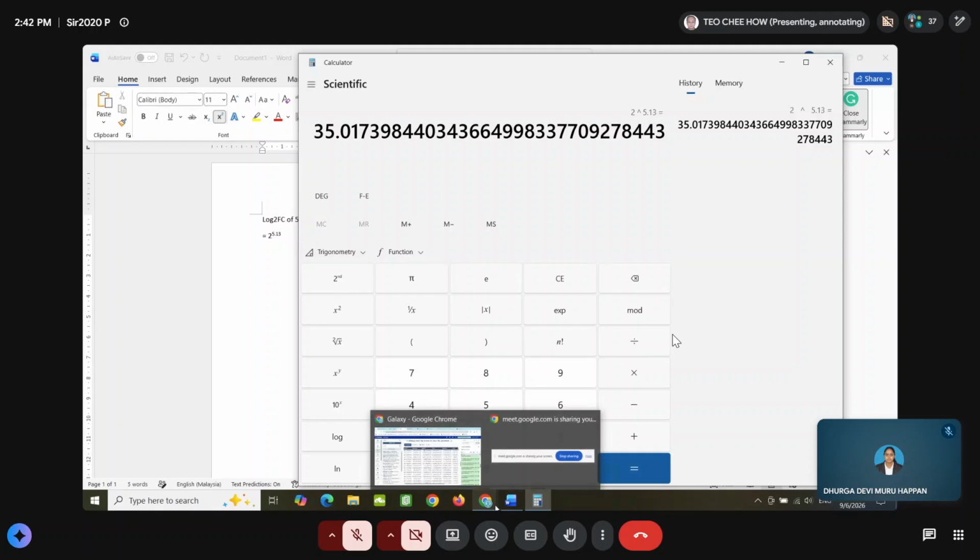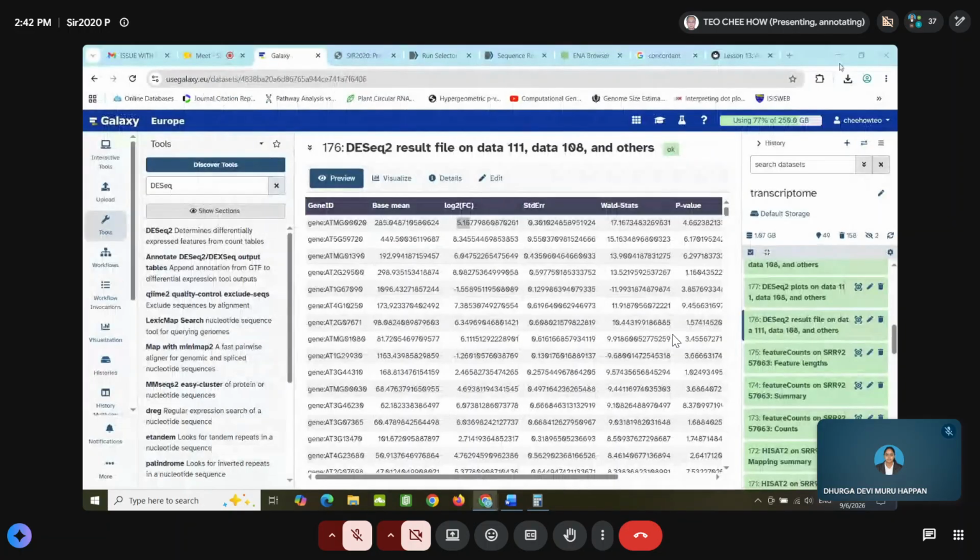So in this gene, right, there are 35 times more copies of RNA in the treated sample compared to the control sample. So when you see something minus, right, it's reversed. So you have, for example, 2 to the power of 1.5 times more expression in the control sample compared to the treated sample,